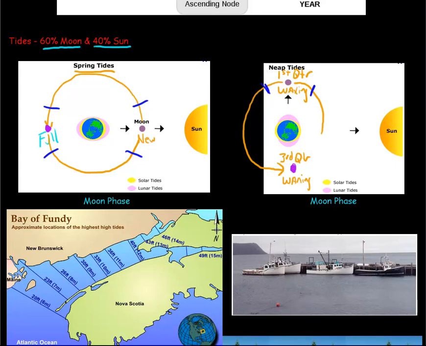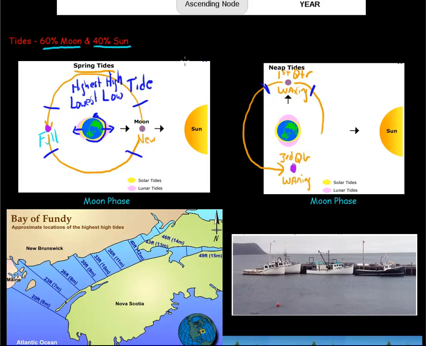And the reason this is called a spring tide is the 40% yellow, which is the solar tide, and the 60% moon are all pointed in the same direction. So we get this big blob of water. If you rotate, which the Earth is actually rotating in this direction, if you rotate into that blob, you're experiencing a high tide. You rotate out, you're getting a low tide. This is the highest high tide, as well as the lowest low tide